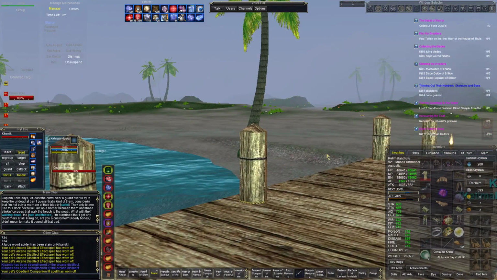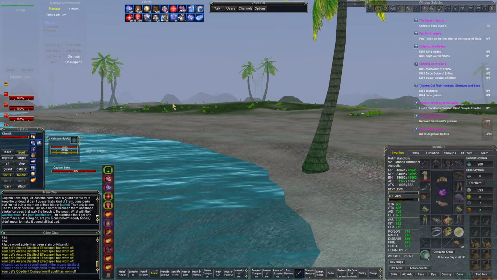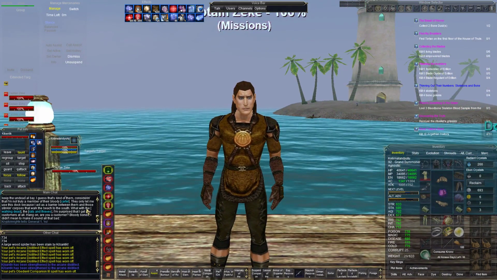And give you an idea what he's talking about, if you look over here, you can just make out some skeletons and zombies and stuff. There's plenty of them, and they hit hard, and they gang up and have a high aggro range. Anyway,